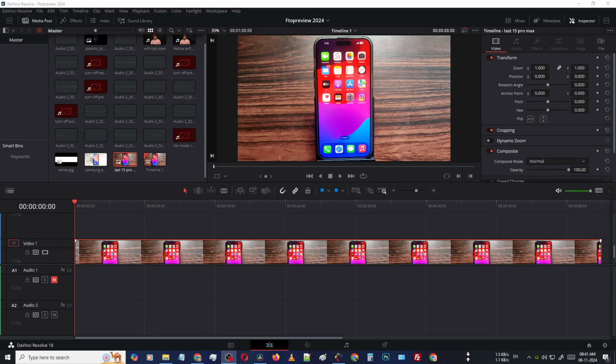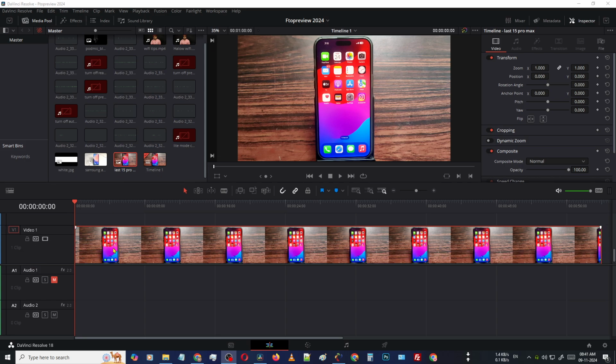In this video, we are learning how to add a dynamic zoom or zooming effect to your image in DaVinci Resolve 18. Okay, guys, I simply drop an image onto the timeline. You can see I'm just playing this one. Yeah, it is playing like this,